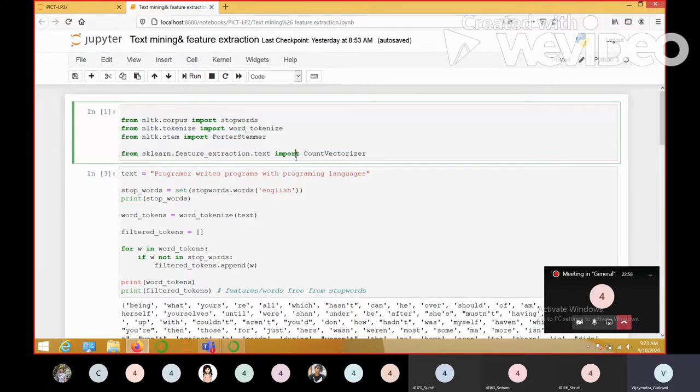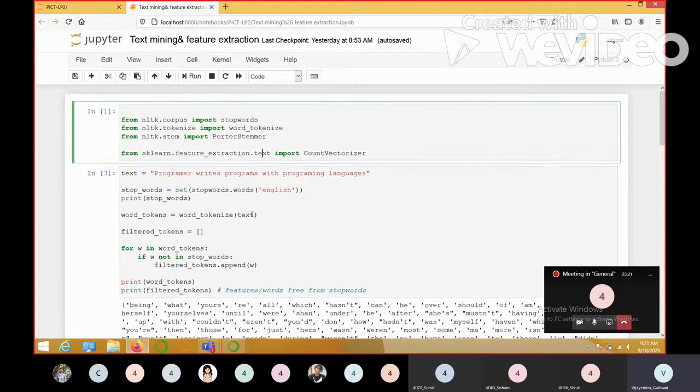We need to understand which words are impactful and which words are so-so, not having any significance in that document. That is called feature extraction. For that, we have a couple of algorithms to study in this practical. One is count vectorizer and one is TF-IDF. We'll see about that later.